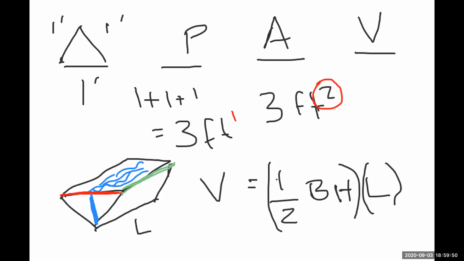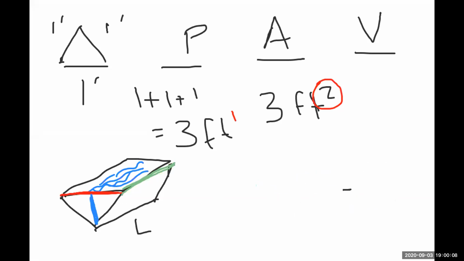That's your height. The red is your base, realizing that it's inverted, okay? And your length would be the green. So here if we had, let's say that the height or the depth of the V-ditch is,